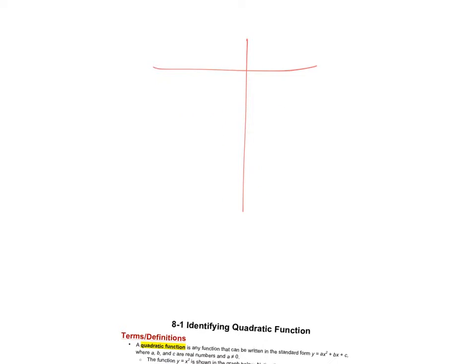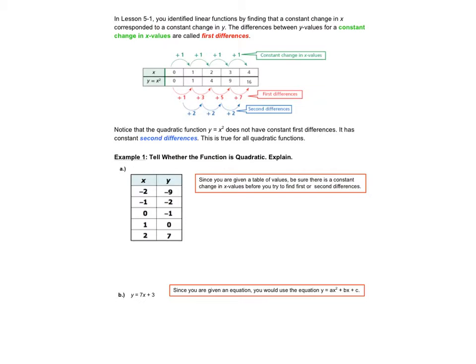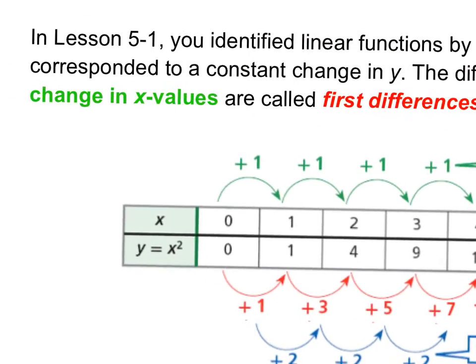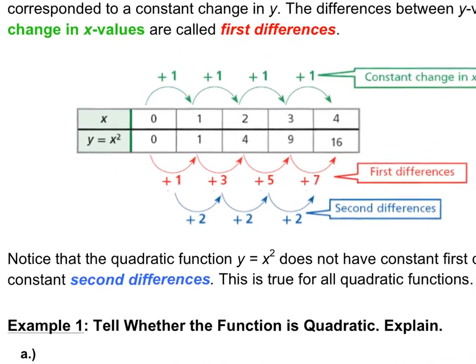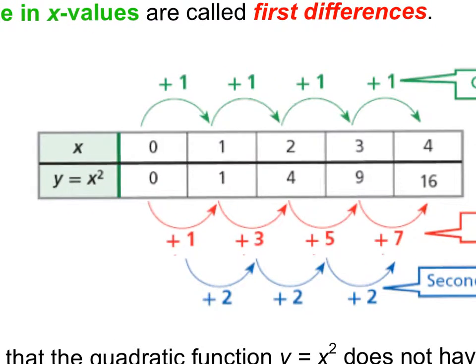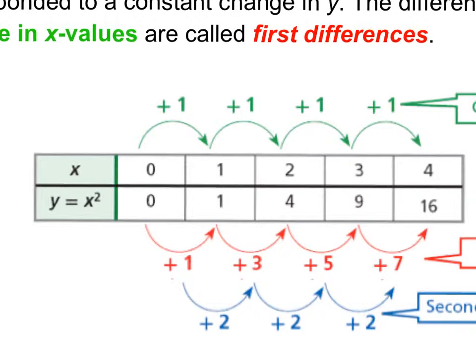That's how we found linear functionality. Well, quadratic functionality is found, and I'm going to skip through this a little bit, if you have what we call second differences. So if you're looking at this table here, if I asked you, hey, is this a quadratic? As it stands right now, you would probably think, well, the only way I can do this is if I graph it and make a U shape. However,